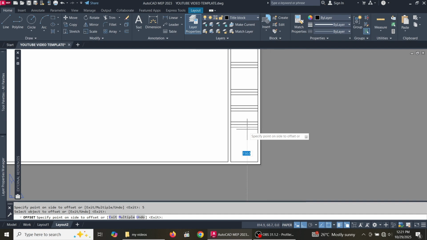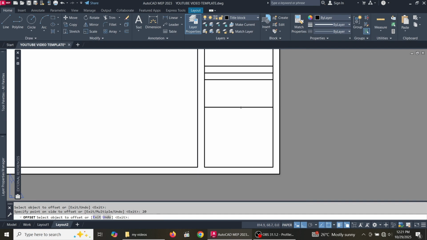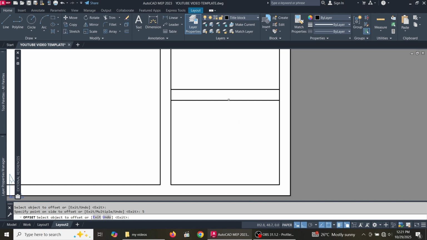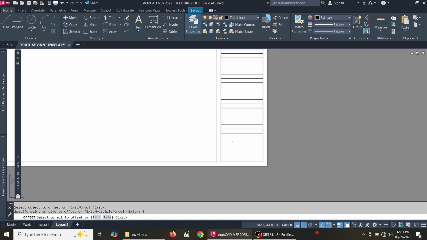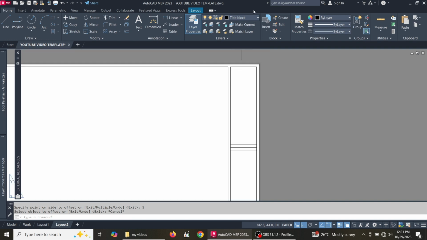Then this one I'll give it an offset of 20. Then for this one I'll give it an offset of 5. Then still I'll give this one an offset of 5 millimeters. So this is what we have. I'll press escape. Then next I'll click at this arrow,